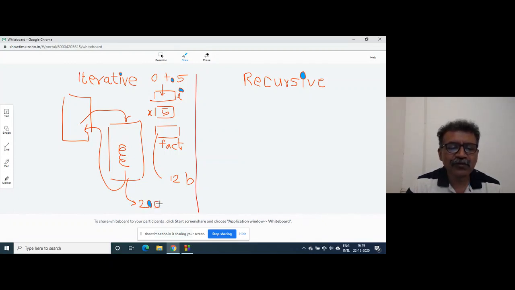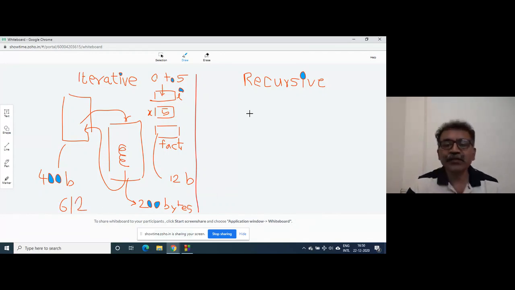For our calculation, we will take 200 bytes. It may be more than that. So 12 bytes for variables, 200 bytes for the source code of the function. For the main function, suppose 400 bytes of memory. These are just assumptions, right? So in all, 400 plus 200 is 600, and 612 bytes were there, right?